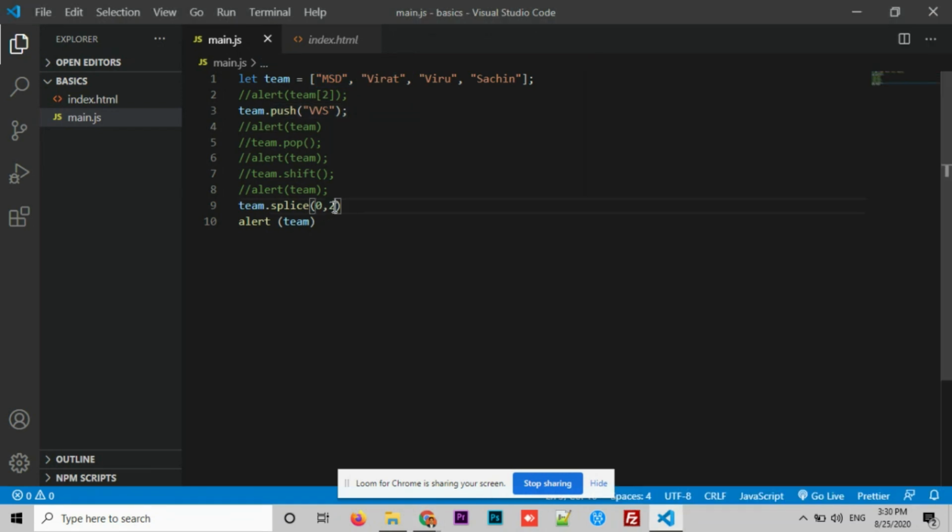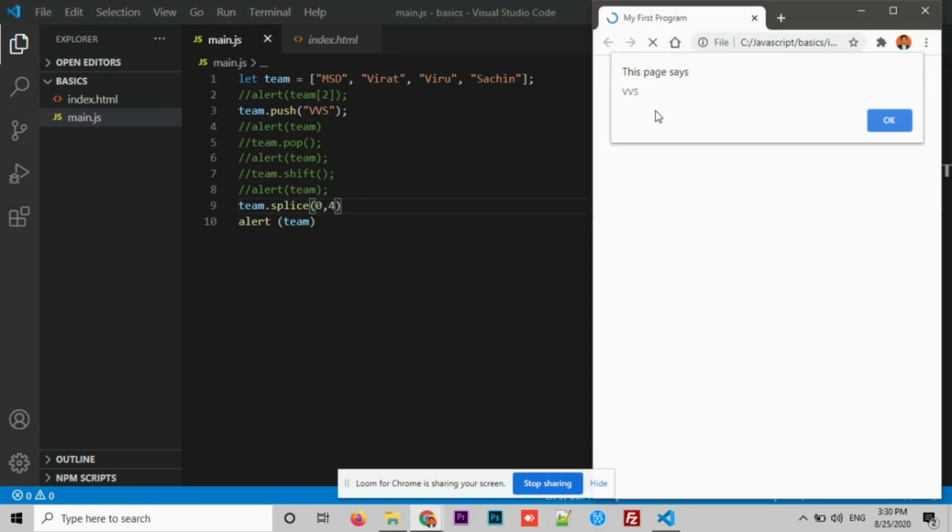What if I mention 4 here? Refresh. Check this. This 0 indicates the starting point from where I should start. 0 indicates right from the first element, 4 elements need to be removed. All 4 got removed and the 5th one has been displayed here. What if I change the index?